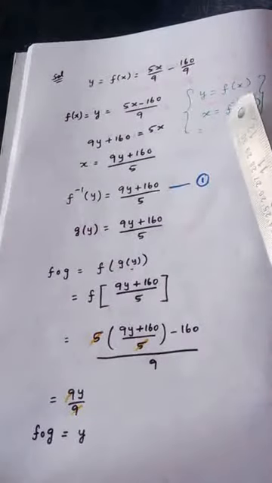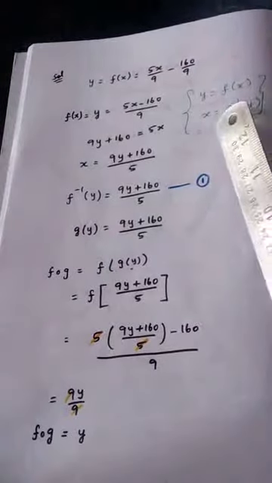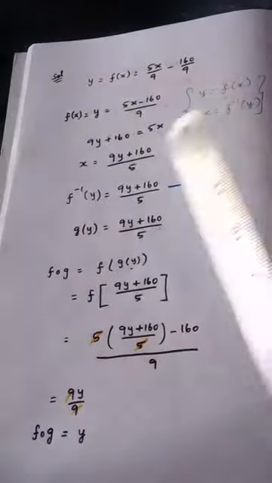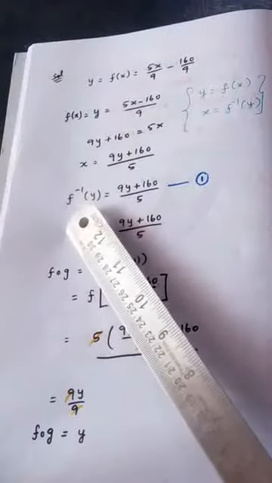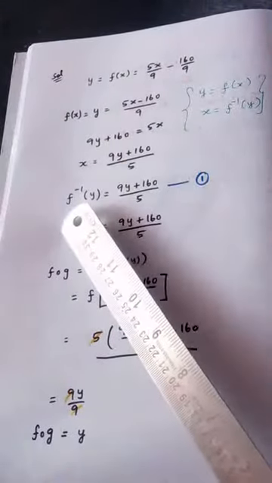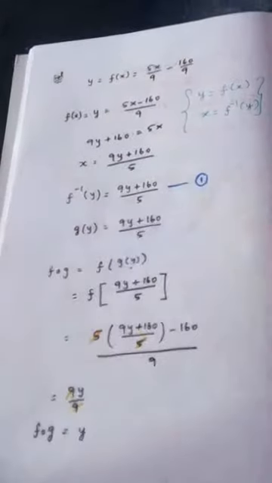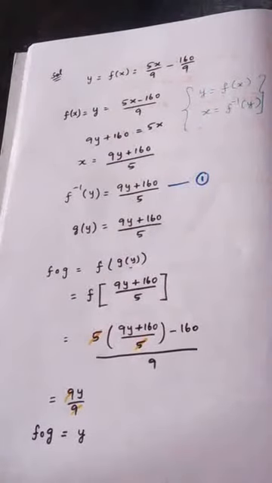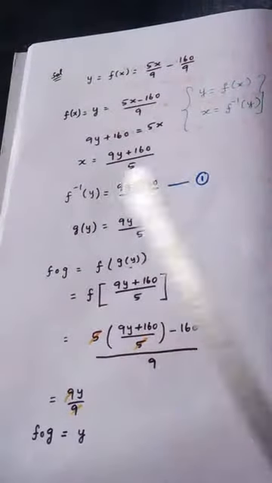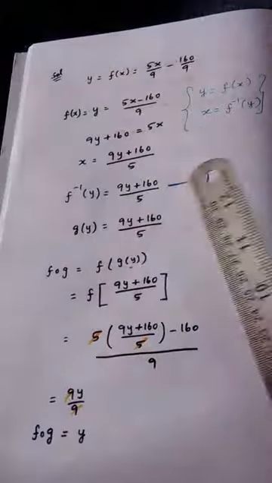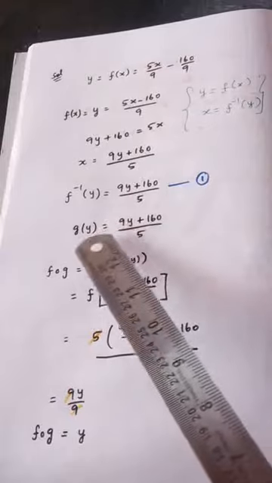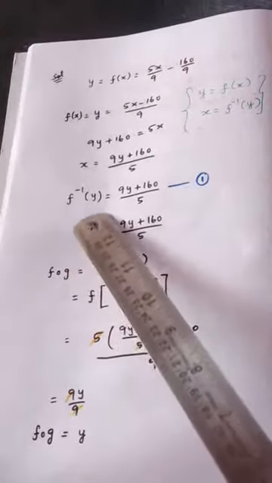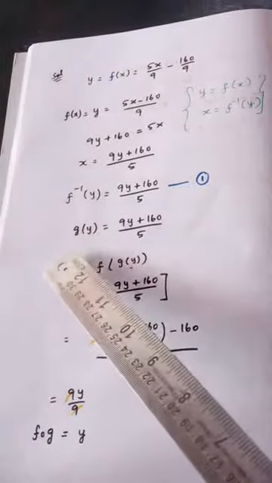Now if you see the rough column, you can easily understand x and f inverse y are equal. So now I am going to take x and put what? f inverse y. So in place of x I have written f inverse y is equal to 9y plus 160 by 5. Now I am seeing this carefully. f inverse y is nothing but a function of y. If you see this equation, you can easily say that f inverse y is nothing but a function of y. So I am going to give a peculiar name for that as g of y. g of y means it is a function of y.